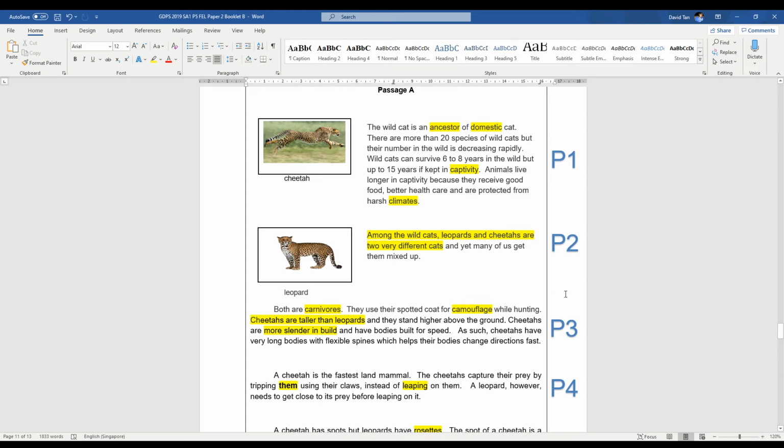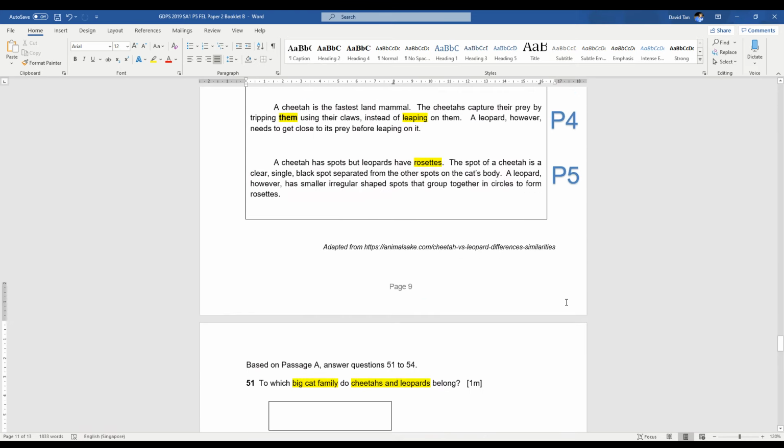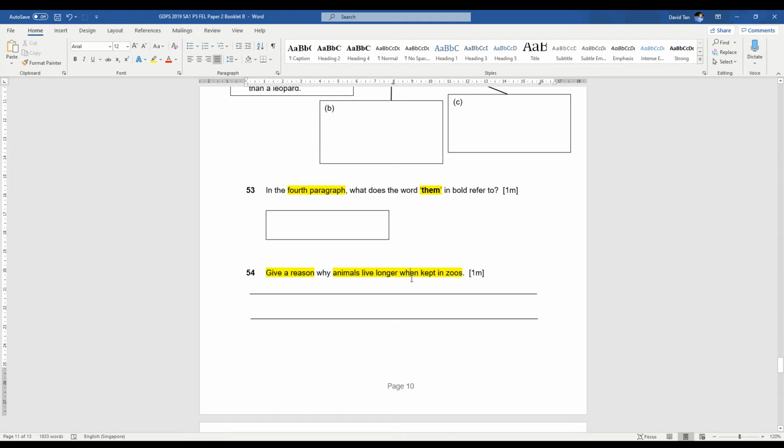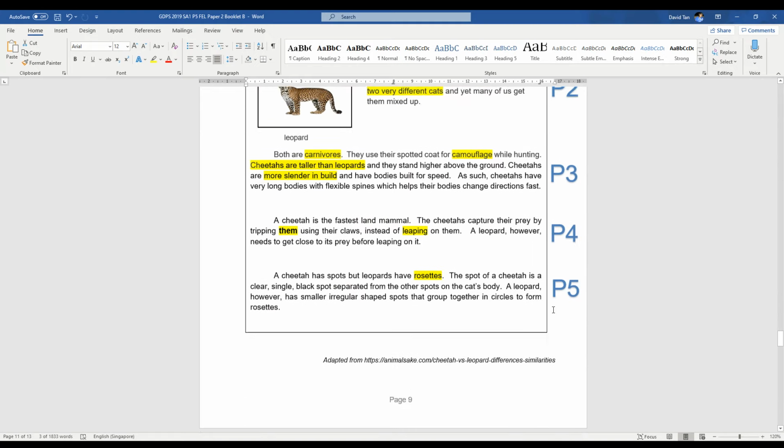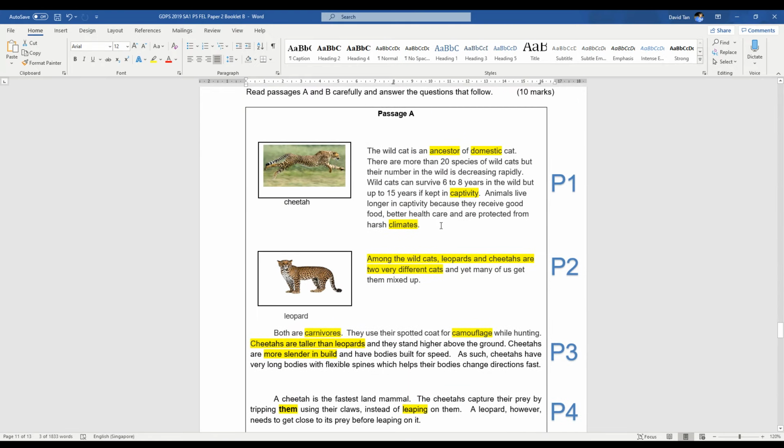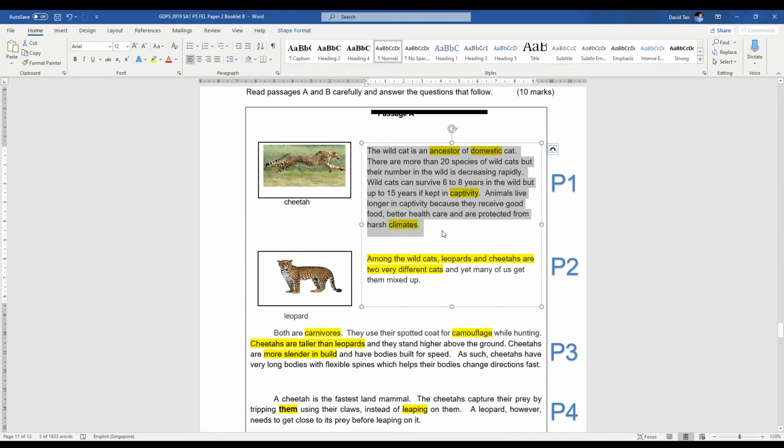I don't see anything here in this passage that tells me kept in zoos. Okay, but I know that kept in zoos means that the animals are not living in the wild. They are kept as domestic cats. Okay, so I think the answer is found somewhere here in passage 1. Okay, and I saw the word animals live longer in captivity, which means that animals are not kept in the wild. And